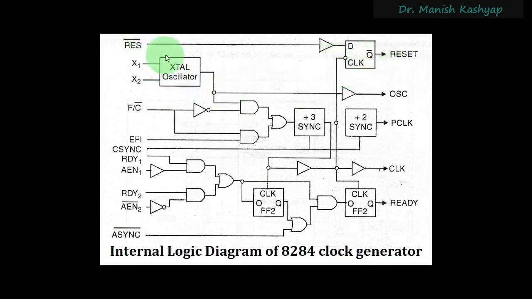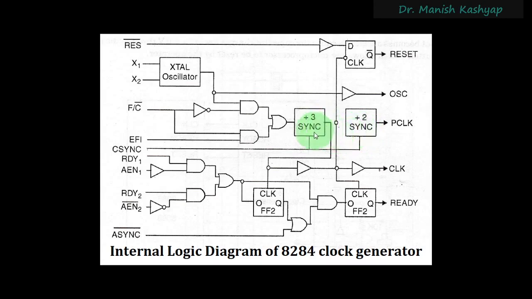And then after that, you can see that the output of the crystal oscillator is also directly available, but we won't be using this to feed our microprocessor. We will be using this clock signal, right? The CLK signal will be used, and you can see that this also comes from the same place. The CLK signal will be fed into the microprocessor. Now, another thing is you can see that there is this divide-by-3 and divide-by-2 counter.